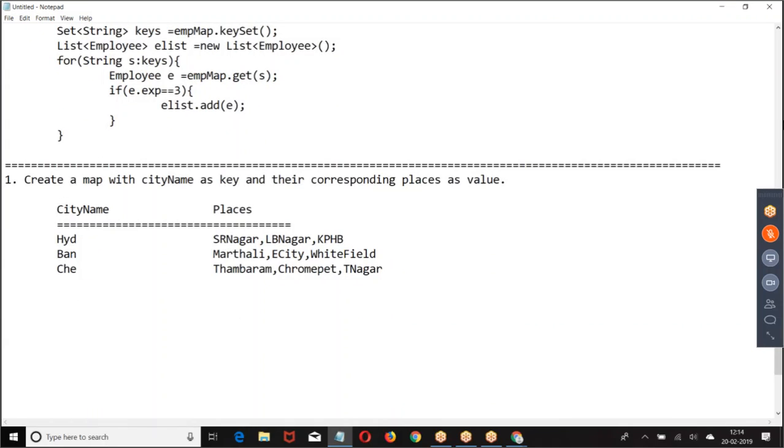Then how do you create it? Map of key is what? Hyderabad, this thing. Value is what? A group of things, a list of. Map of string, list of string: cityMap equal to new map of string, list of string. Key is the string, value is the list of string.